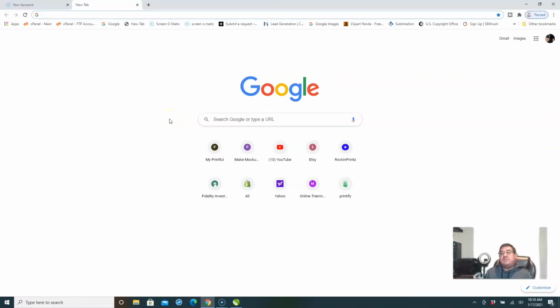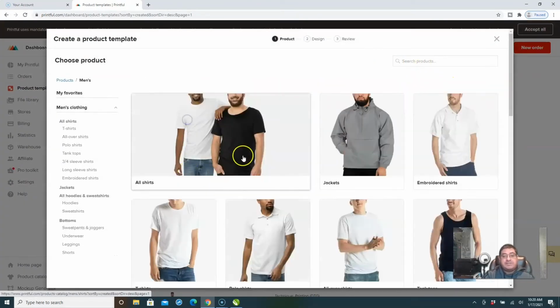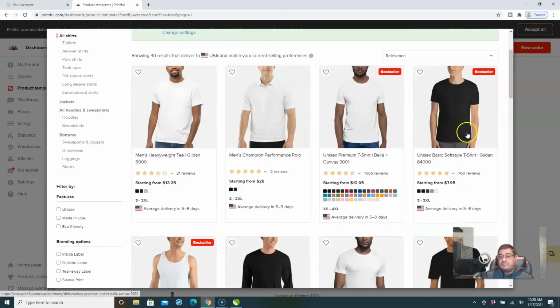Now once the image is created, what you want to do is go to Printful.com. I'm going to hit New Template and select the t-shirt that I want. So we're going to use men's clothing, all t-shirts, and we'll take this one right here, the Unisex Basic Softstyle t-shirt by Gildan